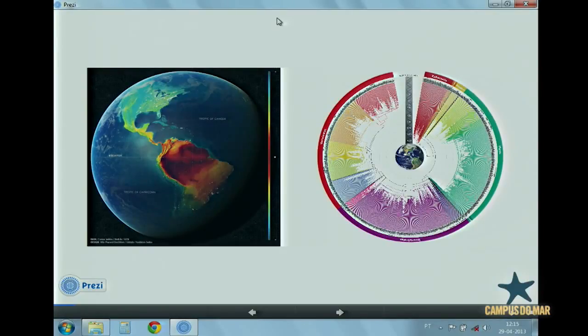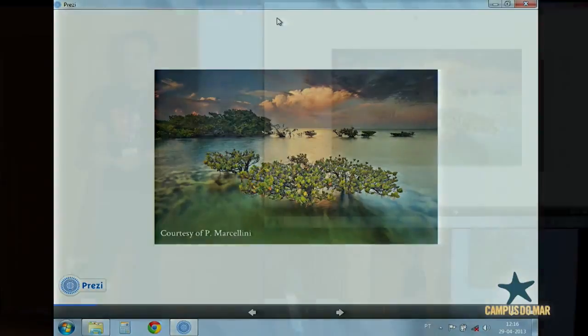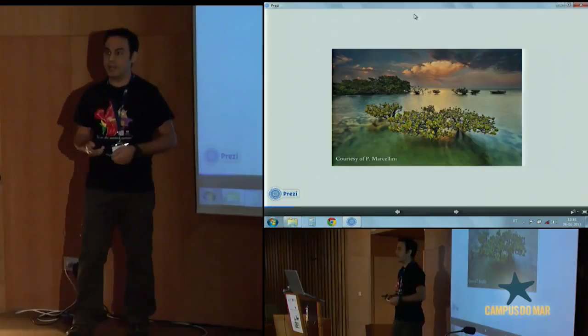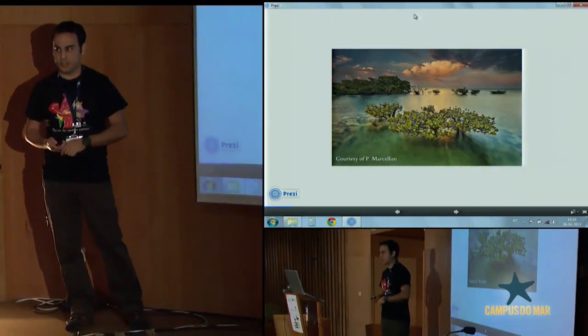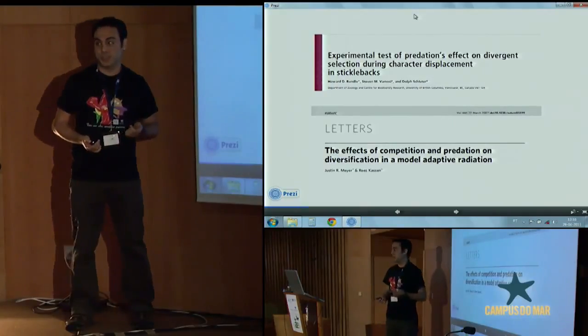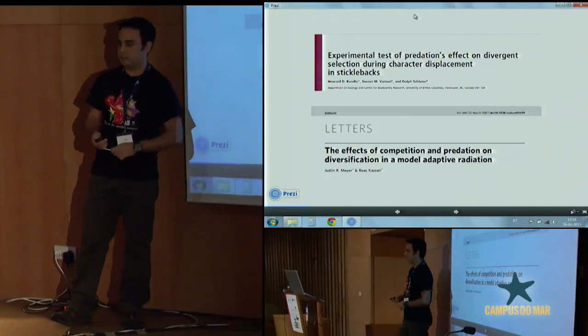Of course, the ultimate explanation of this pattern of species richness lies on the three processes that directly modify the number of species in a given location: speciation, extinction, and dispersal. Speciation and extinction themselves are influenced by a group of factors, including ecological interactions. There is overwhelming evidence of the role of predation and competition as promoters of divergent selection. However, the role of mutualism is less clear.